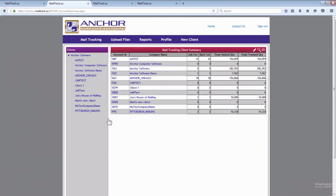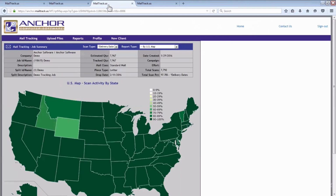Once you do the mail tracking and you click on the little feet, you log in, then it'll take you to this screen. You'll choose whichever pre-sort you want to see the mail tracking on. I happen to do this Anchor software demo one. And then it'll show you this screen, which is the scan activity by state for your mail for this particular mailing. It'll show you how many you actually put in there. It'll show you the estimated quantity, the tracking quantity,